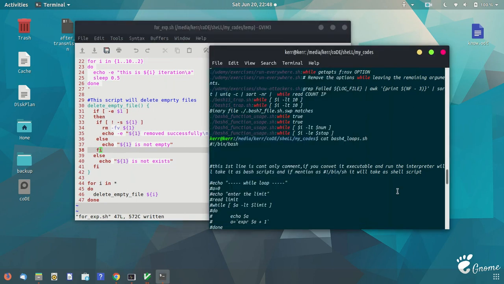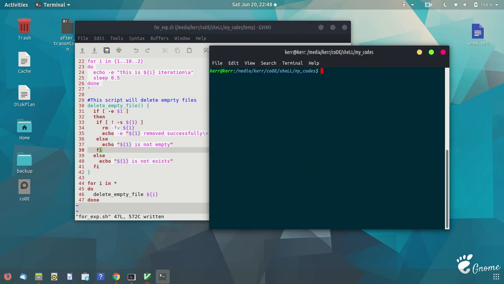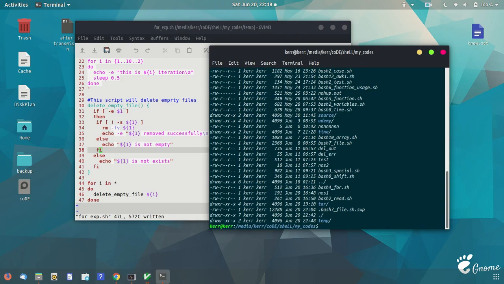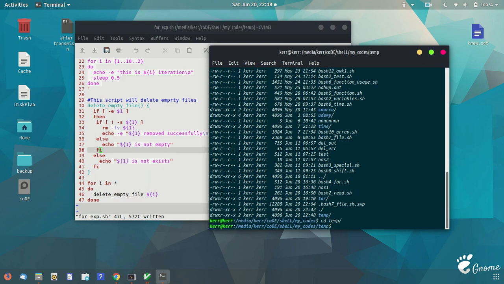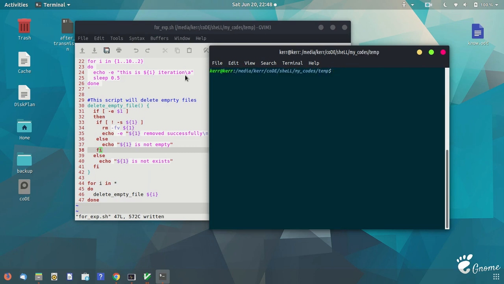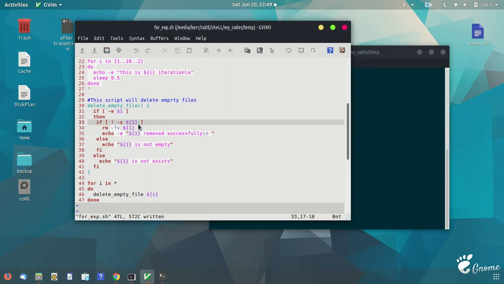So first I will run this code. Okay, so let's try out whether there is any bug within the code or not.